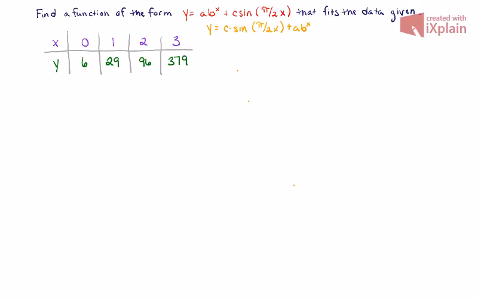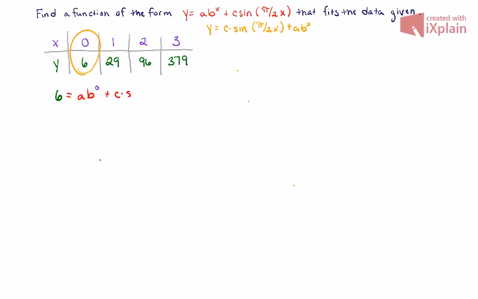Our goal here is we want to uncover what those constant values of a, b, and c are. We only want to leave the x variable, so our input, and our y variable, our output, open in order to actually have a working function. So to begin, I'm going to work with a pretty easy point to help me get going. I'm going to put 6 in for y, and that's going to be equal to a times b raised to the 0 power